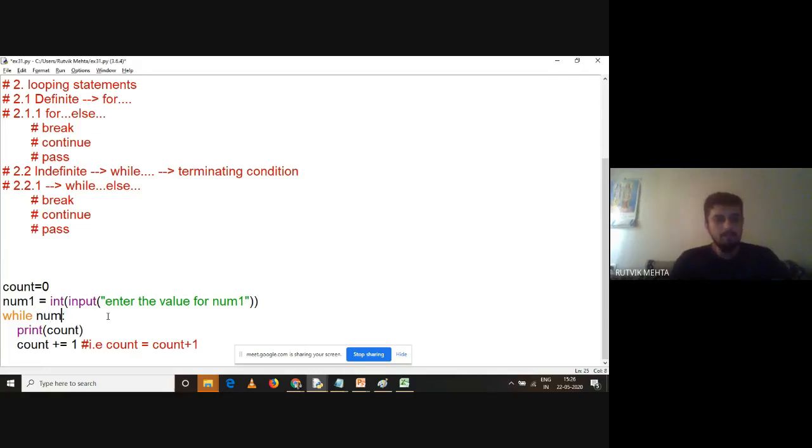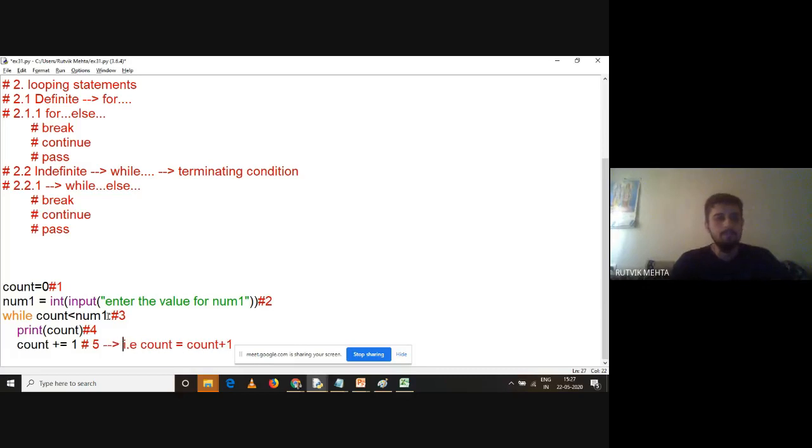Let me come back to the condition also. Count is less than number, right? Now understand this, how it works, how it is known as control structure. As we have discussed in if statements also, conditional statements also, we have to discuss it over here. Why these are known as control structure, right? These are the statement numbers which I'm giving to this, right? And this will be statement number 5.